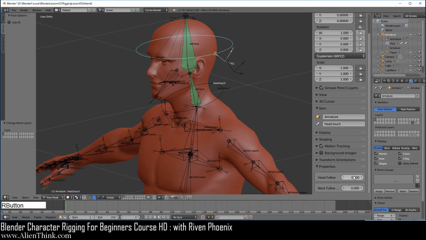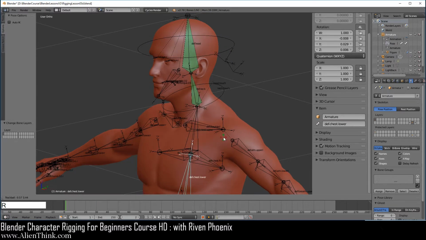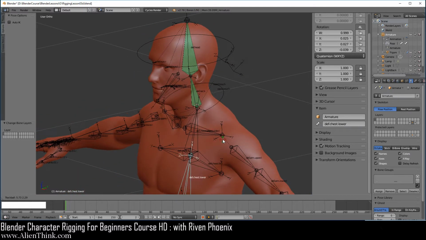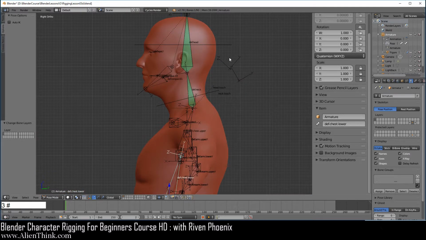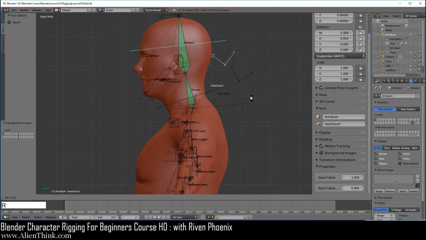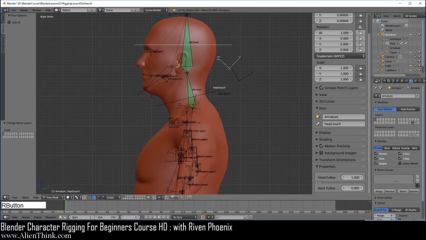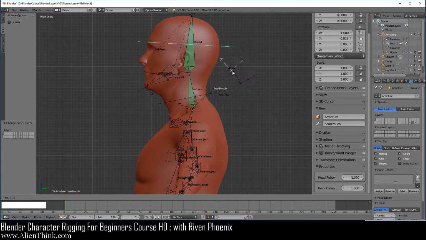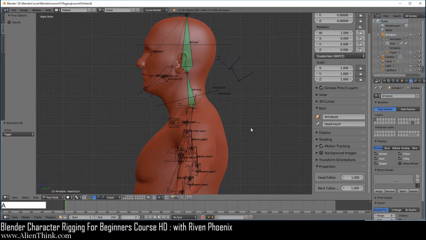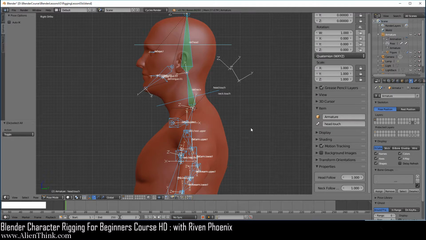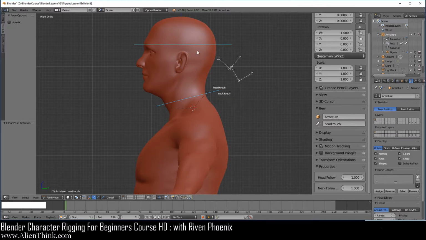So you can click over here and turn this on. Go ahead and click on this bone, press the R key. You can see that it works just fine, right? And press the 3 key. Over here, when we press the R key, it's just going to rotate like this. And if we turn this on, neck follow head, press the R key, it'll still work. Okay, now again, you can just press the A key to select everything and do Alt R to reset the rotation, right? So this is really the layer that the user is going to be working with.